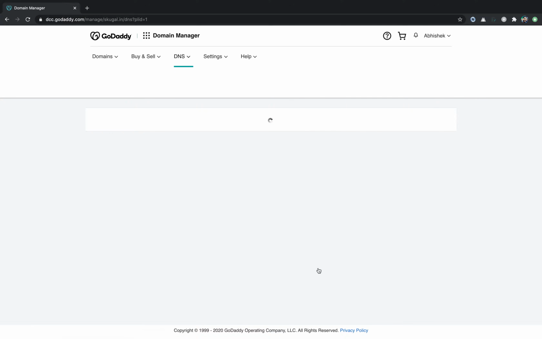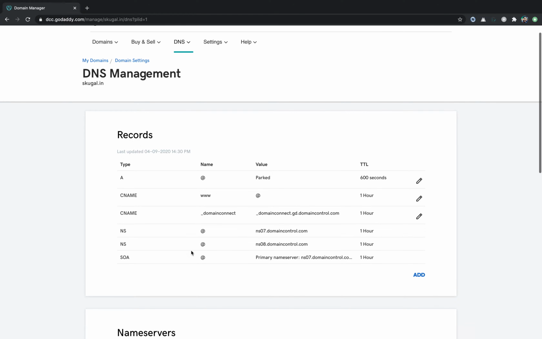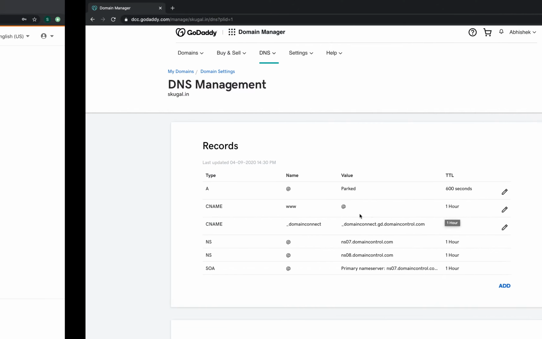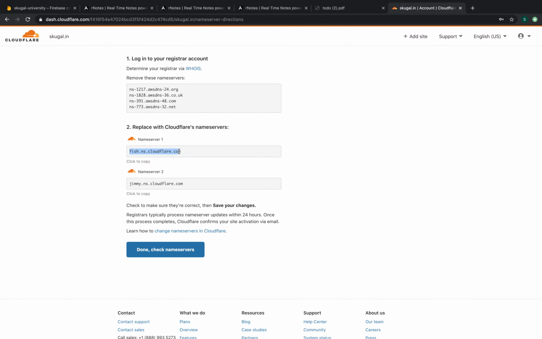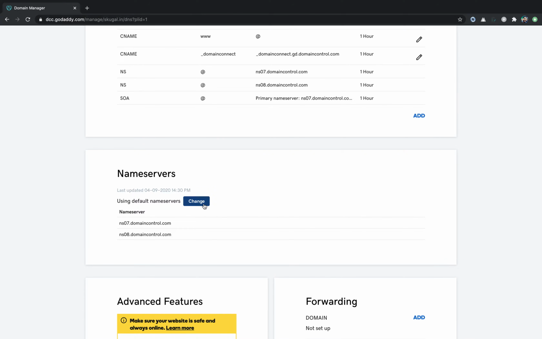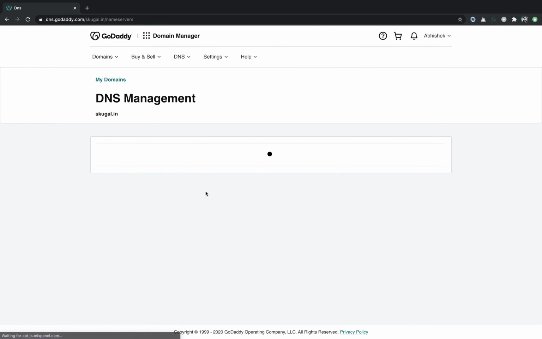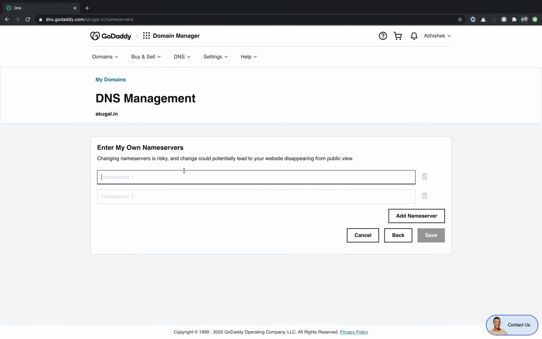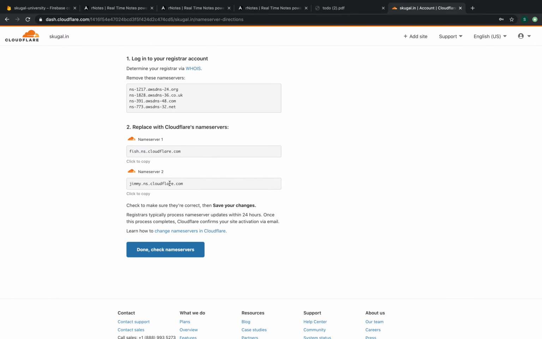Once you click on manage DNS, you will see this information where you can see the A record, CNAME, and NS name server records. In these records, you need to change to the Cloudflare record. So I'll take the name server from Cloudflare, go over here and click on change, and it will say enter my own name servers, and I'll just copy and paste the two name servers that